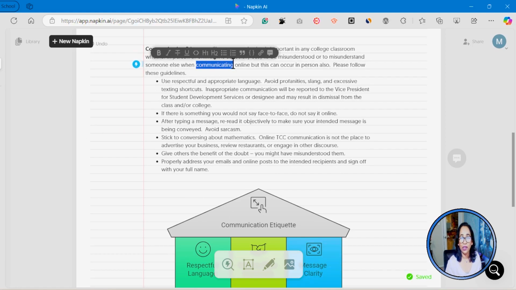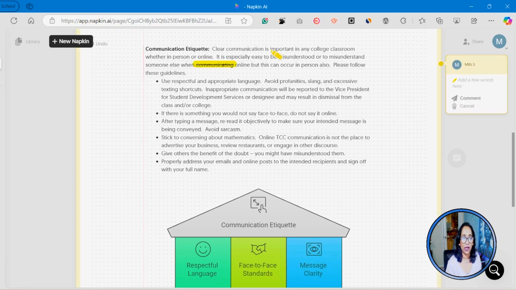Let me go ahead, click on communicating and strike the text, make it italicized. Don't underline it. That kind of looks like a hyperlink. I can go ahead and add a comment. There you go. I can highlight it and add a comment. It is important. You can do all of this. And once that is done,